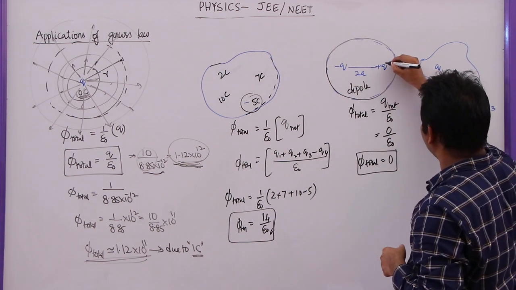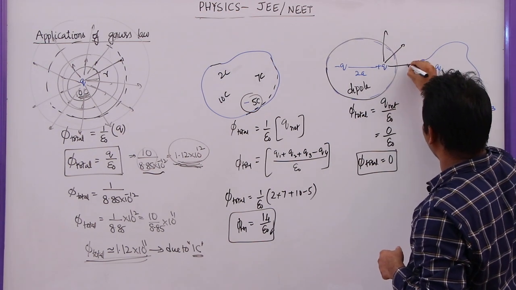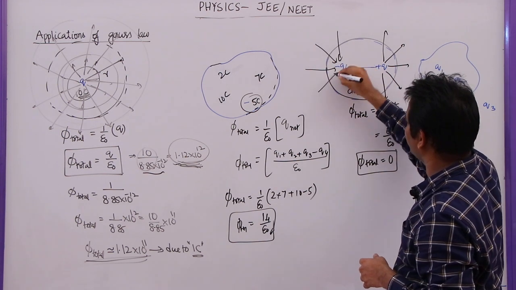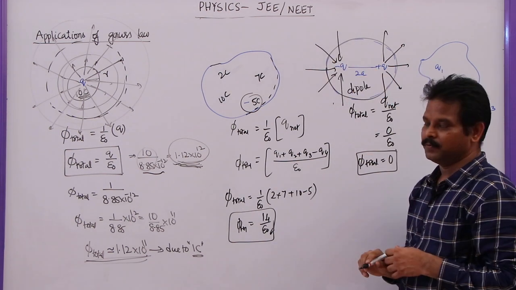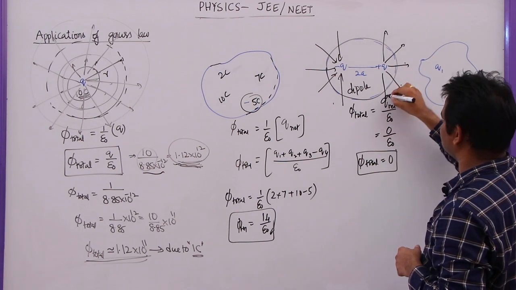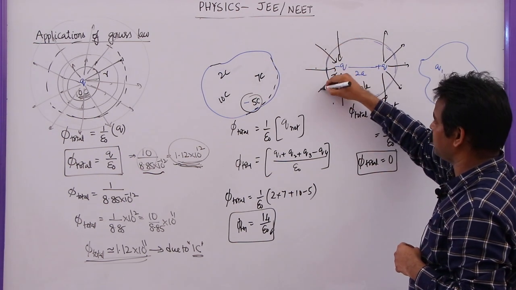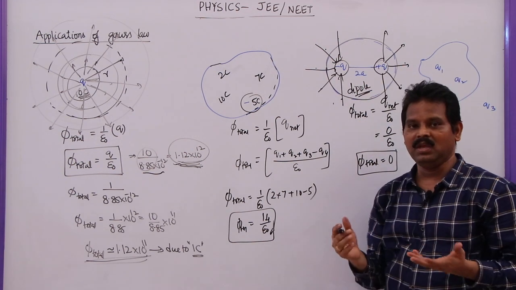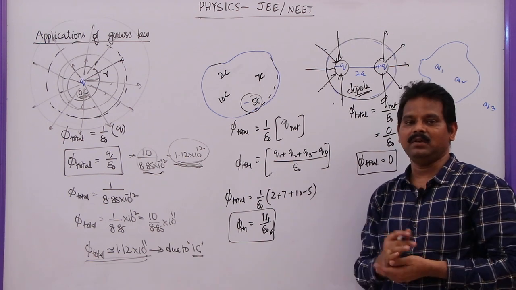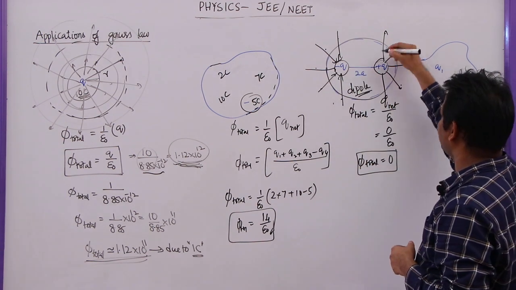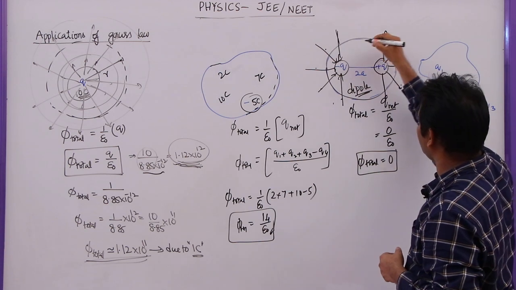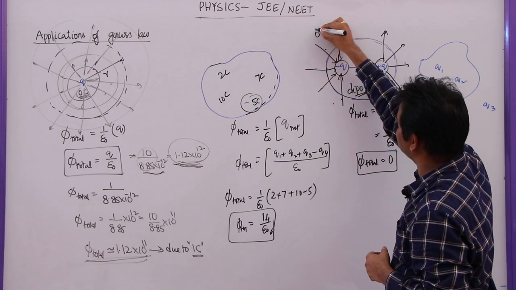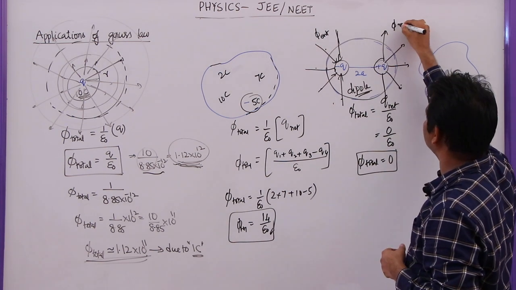Why? Because we know that due to positive charge, lines will emanate outside, radially outwards. Due to negative charge, the lines will come or enter into this closed Gaussian surface. The total number of lines leaving the surface must be equal to the total number of lines entering the surface, because the magnitude of the charges in a dipole are always equal, but their signs are different. That's why the total number of lines entering is exactly equal to the total number of lines leaving here. That's why, let us say this is flux entering, this is flux leaving.